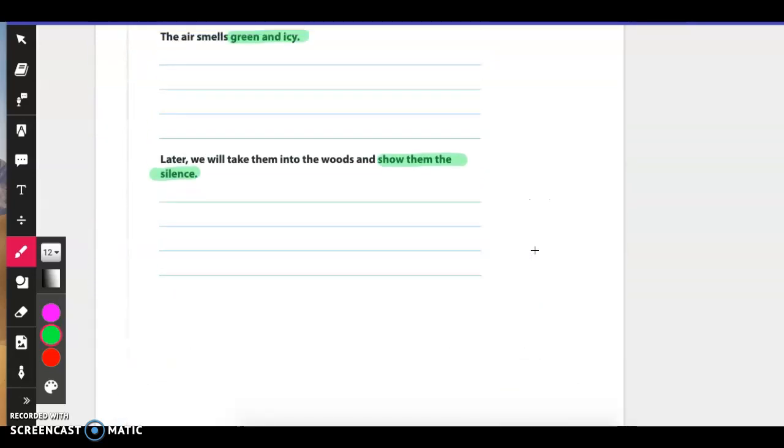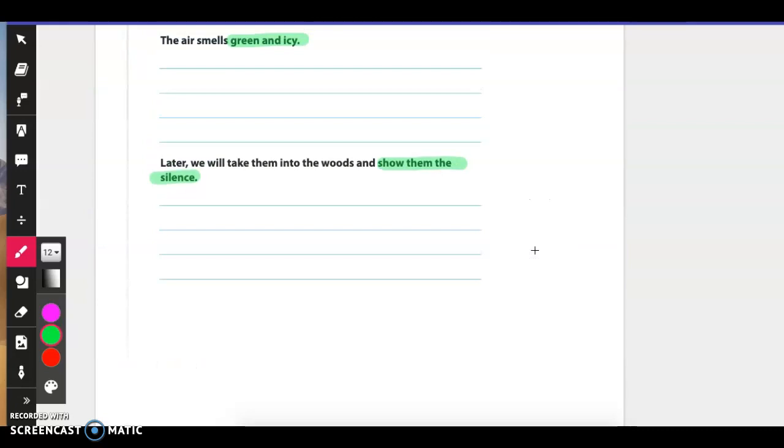Now, your mystery word for today for reading